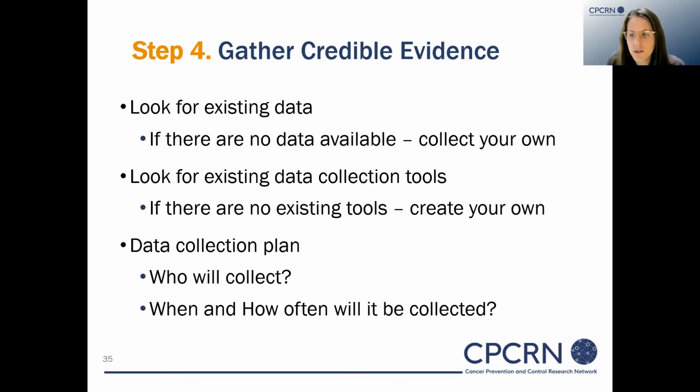If there isn't anything that exists, you need to start thinking about creating your own or figuring out how to collect that data. So in the first module, we presented a variety of sources of existing data, and those are also all listed on the resource list I sent out again. You can look into those, and they may be useful for long-term evaluations, but they can be challenging to use for a shorter-term one because they tend to be reported maybe only annually or even less frequently, so they might not be as current as you need them to be.